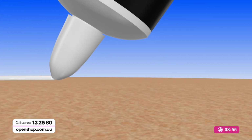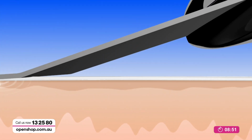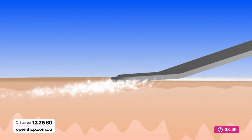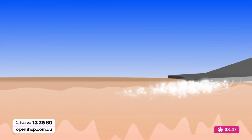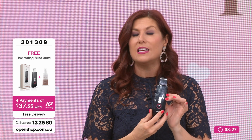Now, once you're clean and exfoliated, flip it over, press the button again, and we are infusing, we are literally getting the creams right down on that infusion mode into the deeper layers to work more effectively. We're cleansing, we're exfoliating, we are extracting, and then we are infusing. It's a 4-in-1, unlike other products that might do 1 or 2, and we're talking Trophy Skin